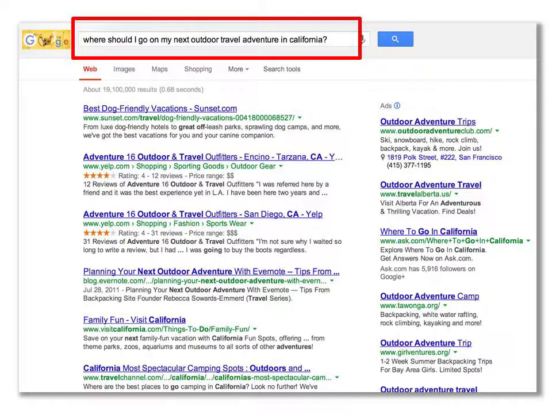When we're in the mood to discover, our queries are different. So a query on a search engine that might be Pfeiffer State Park, Big Sur, California, could become, where should I go for my next travel adventure in California? And search doesn't do a great job with this. If you notice the top search results here, it's about best dog-friendly vacations,